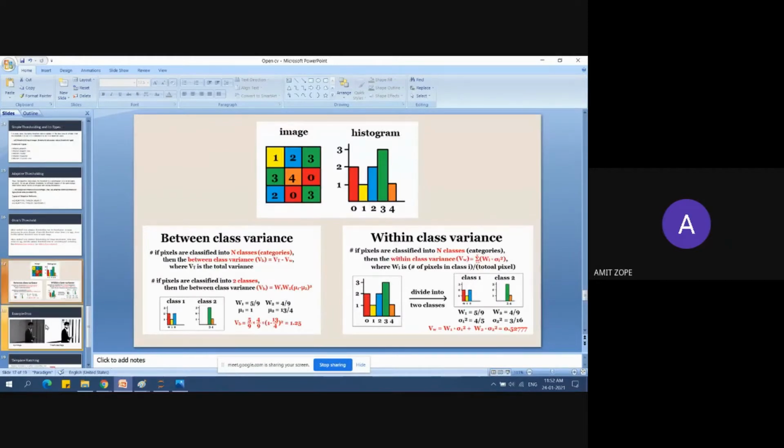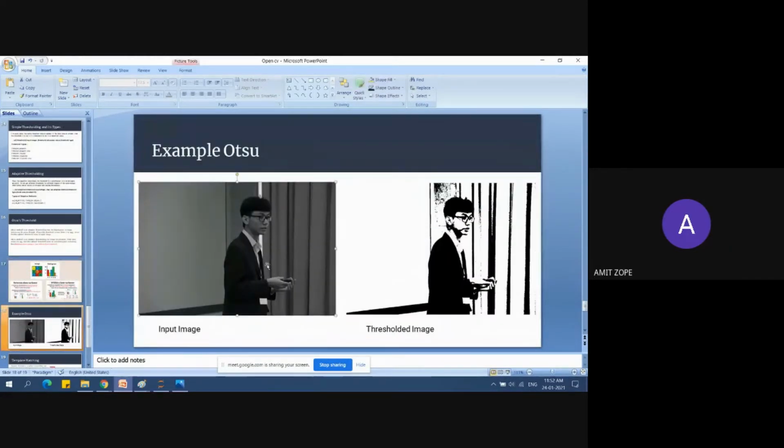What I want to say is, I hope this boy is visible on the screen. Yes. The main reason behind this is that the background pixels are the curtains and these, and the boy is the foreground pixels. So this is what Otsu's method is trying to do: separating the background and the foreground pixels.